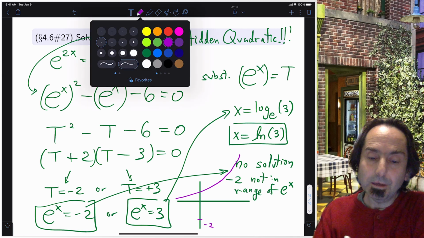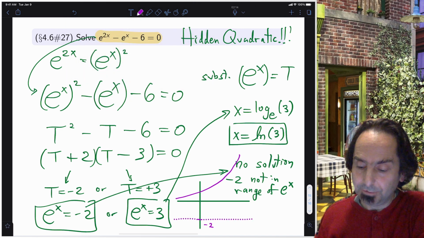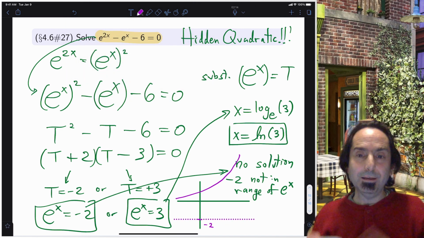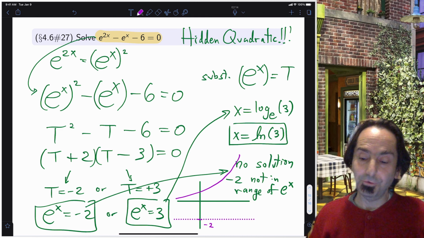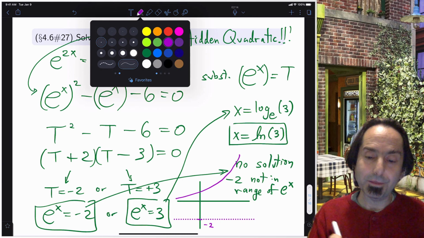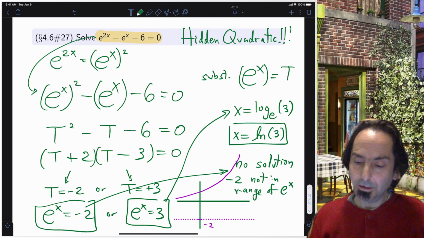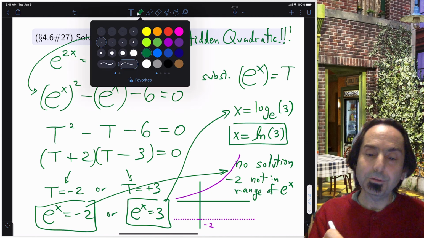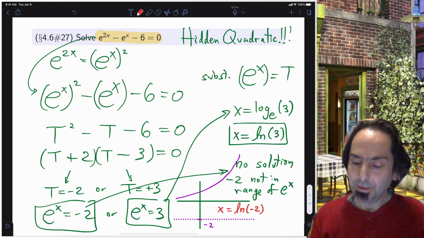So if I try to find the connection, here's negative 2. Negative 2 is never an output for the exponential function. So there's no solution there. One other thing about this, if we did solve it, you would get, I'm going to put this in red because we're not supposed to do this, x equal the natural log of negative 2, and in that case, negative 2 is not in the domain